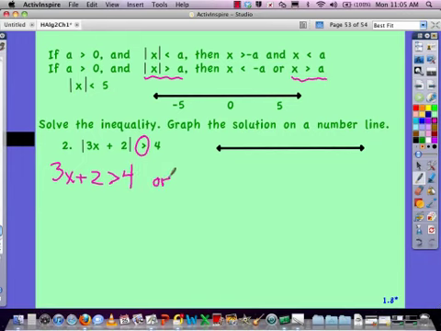Or, second part, 3x plus 2, whatever's underneath that blank box, has to be the opposite sign, opposite value. So now again, if we solve both of these,